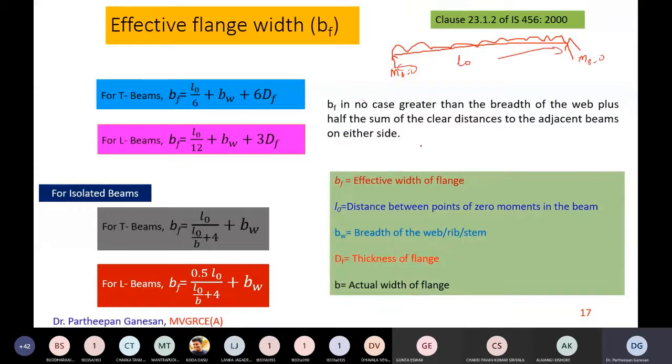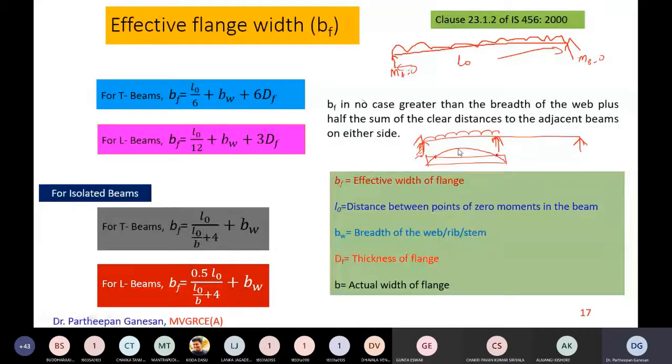Is that clear? I think you have studied structural analysis already, right? Suppose you have a continuous beam like this, let us say this is fixed, and this is the intermediate support, and this is simple support, let us say. Now, whenever this is a continuous beam, if you draw the bending moment, it will be something like this. This is for a simply supported beam, and this is for a support moment. So here are the points of zero moment. These are the points of zero moment.